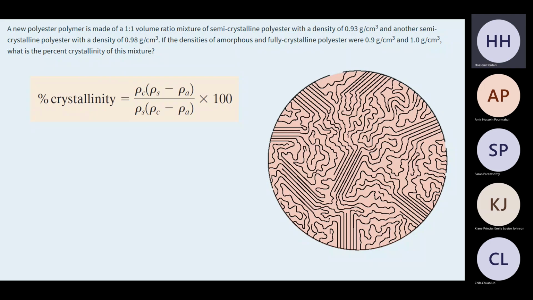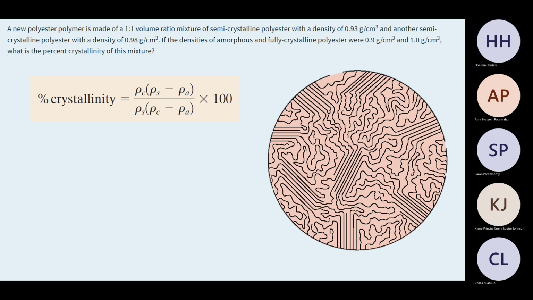100. Yes, because it's going to be rho sub C. If I substitute there, minus rho sub A over rho sub C minus rho sub A, so I can cancel these. Now I've got rho sub C over rho sub C, also 1. So it's 1, or 100 if you multiply it by that. So that absolutely works for the two extremes. And if there's something in between, it's always going to give you something between 0 and 100.